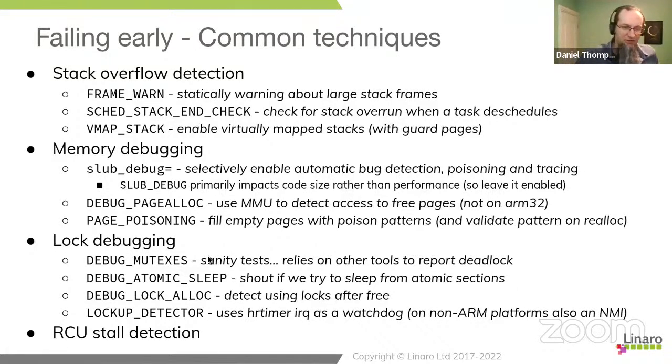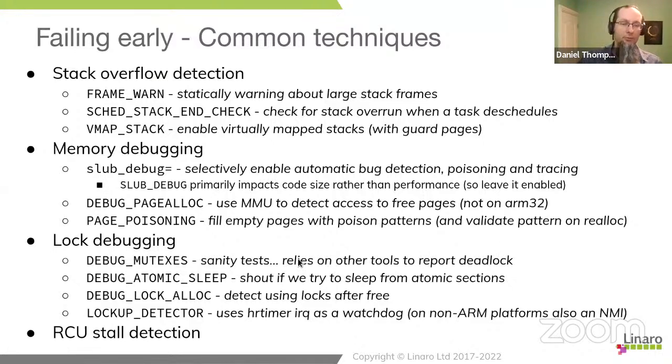Debug mutexes is a relatively minor thing. It's not as powerful as the name implies. The mutex API has a couple of constraints that beginners are unaware of. So this is basically a safety net for beginners. For example, it's absolutely forbidden to take a mutex in one thread and release it in another thread, because that's not what mutexes are designed for. That's not a form of communication we want to be using mutexes for. If you want to do that, use a semaphore or a wait queue.